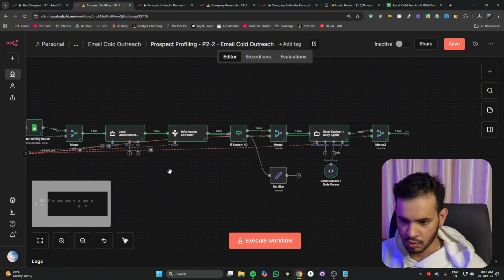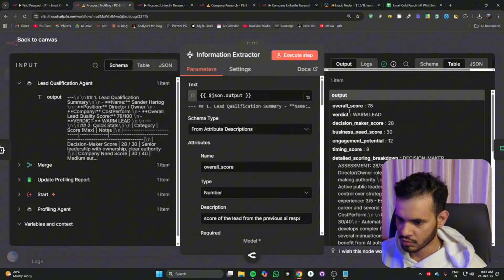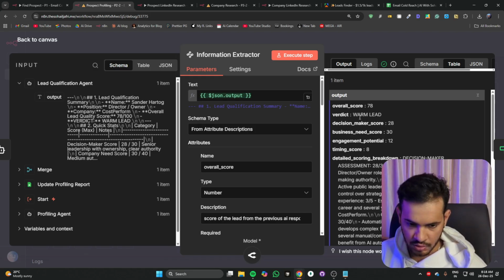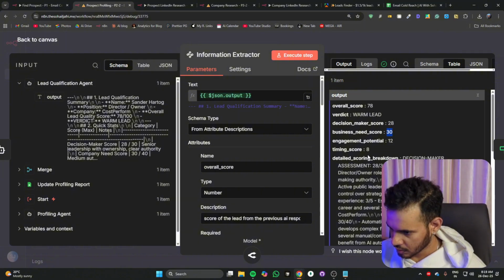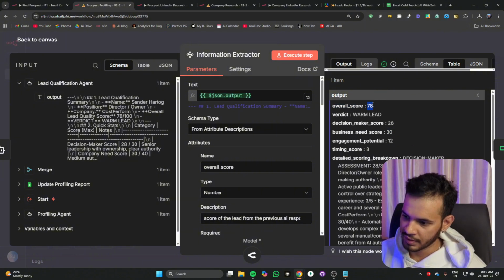Then we do a scoring and we see what the score is. Like this is a warm lead and the decision maker score is 28%. He's not the decision maker. Business need score is 30%, and we have other things as well, and we have an overall score of 78. And this is not the direct score, this is a breakdown. There is a split between the